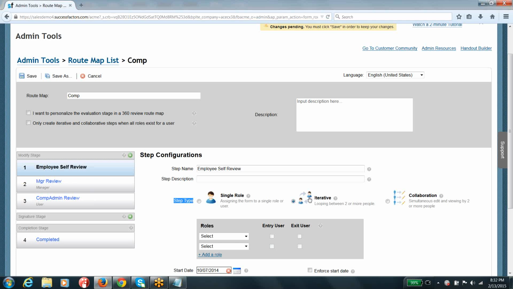And especially when you talk about iterative, right, you can see here iterative is nothing but at a given point of time, the form is only going to be pending with one employee, and that employee is the one who owns that particular form. He is the only person who can update or edit that form, provide his comments, or if ratings are there, provide his ratings, whatever it may be, and he is the one who can send the form to the next step, guys.